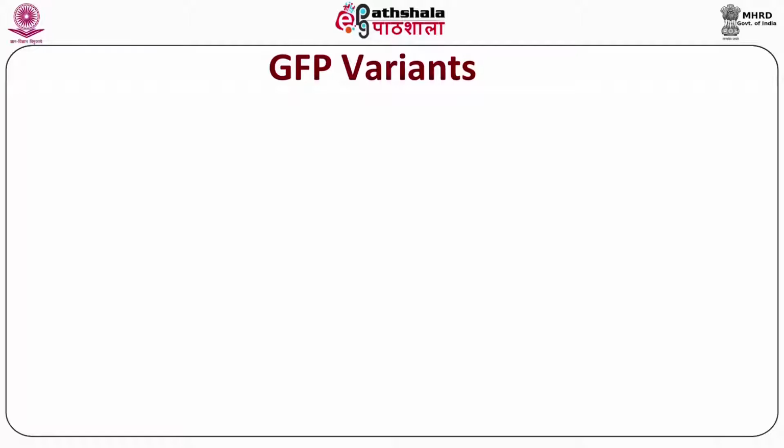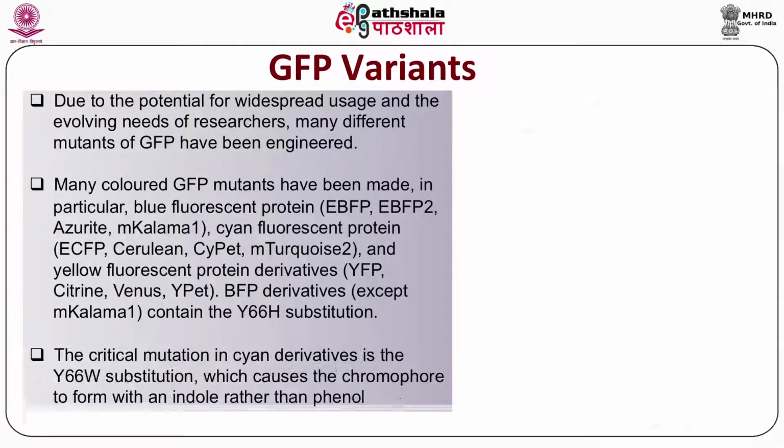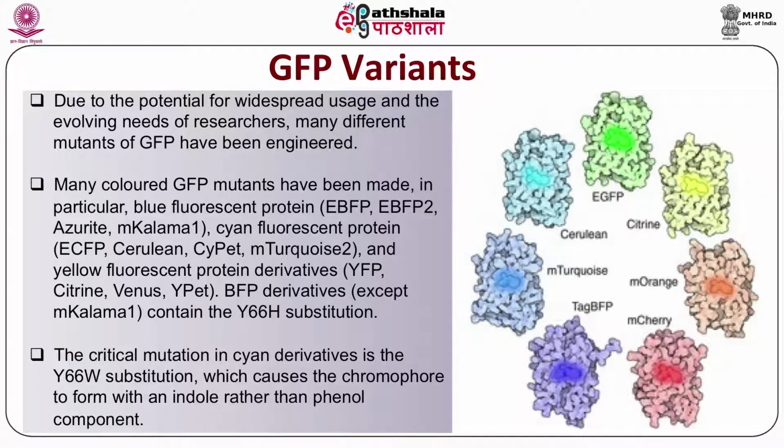Now we talk about the green fluorescent protein variants. Green fluorescent proteins occur in different forms, different variants. Due to its potential for widespread use and the evolving needs of researchers, many mutants of green fluorescent protein have been engineered. Many colored green fluorescent protein mutants have been made, in particular blue fluorescent protein such as